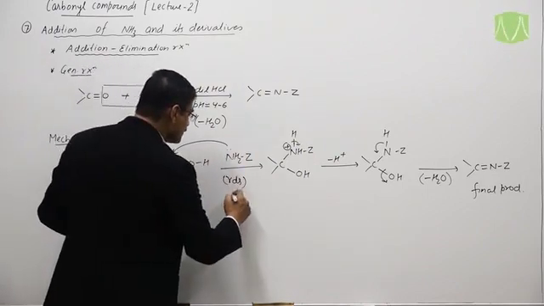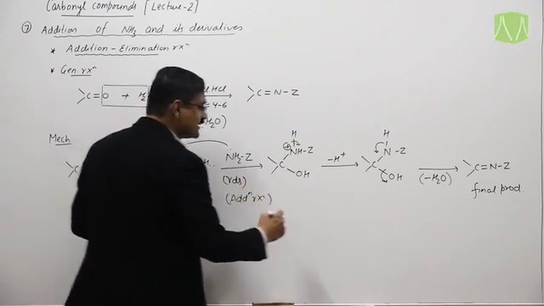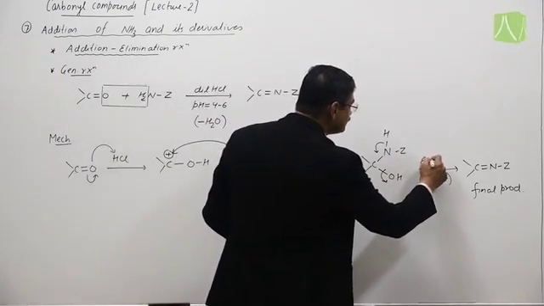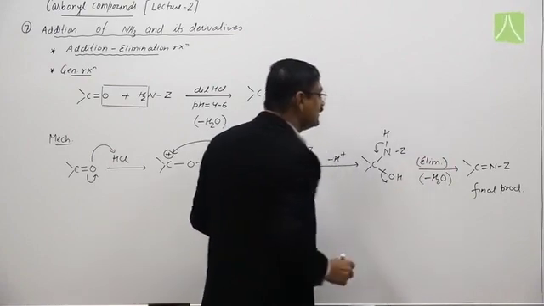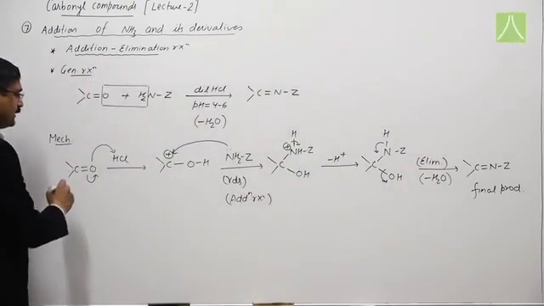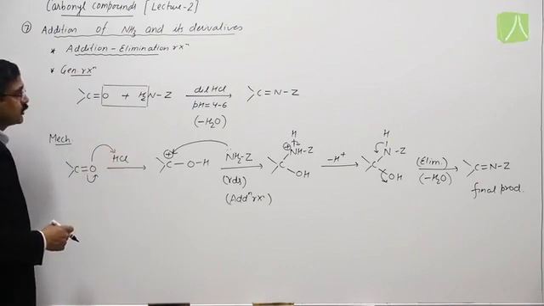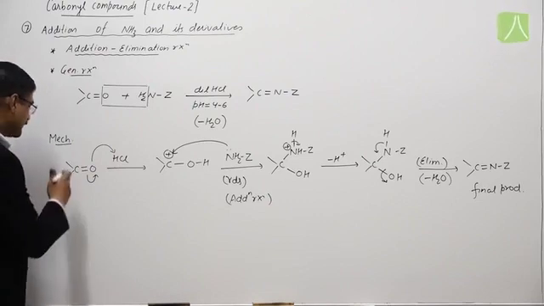This step was for the addition reaction, and this step was for the elimination reaction. So overall it is known as an addition elimination reaction. Now if I replace Z with different groups, then different functional groups are produced. For example,